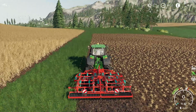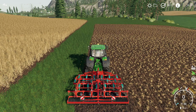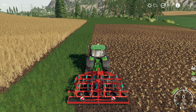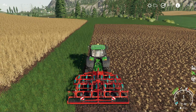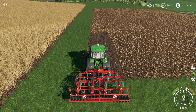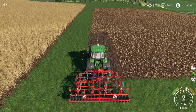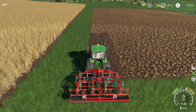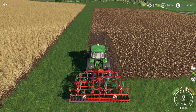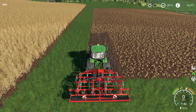So basically, if we go out now, you'll see there's a white dotted line in the middle and 2 orange lines. The white line is where the tractor's going to drive, and the 2 orange lines represent the width of the cultivator. So if I go again now, you can see that's not in line with the field. If you hold left alt, then depending on which direction you want to go, you hold page up or page down, and you can see it's moving. I can move it along to where I want it. So if I put it a bit more on the field, like so,